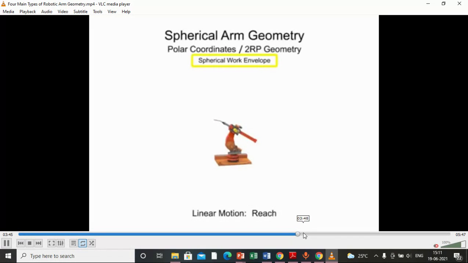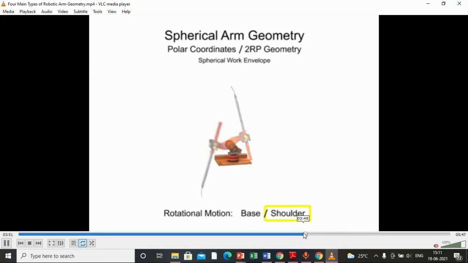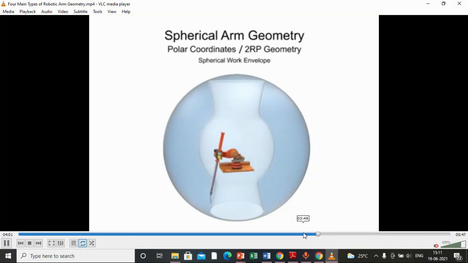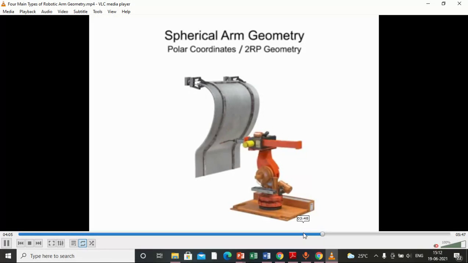Then the work environment, you can see clearly: base, shoulder and reach. Now this is the spherical shape, and here is the approaching reach of the particular arm. That's why it is called spherical arm geometry. These are used for welding purposes and other applications.